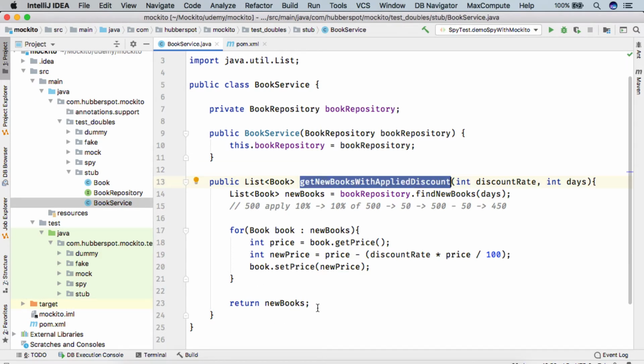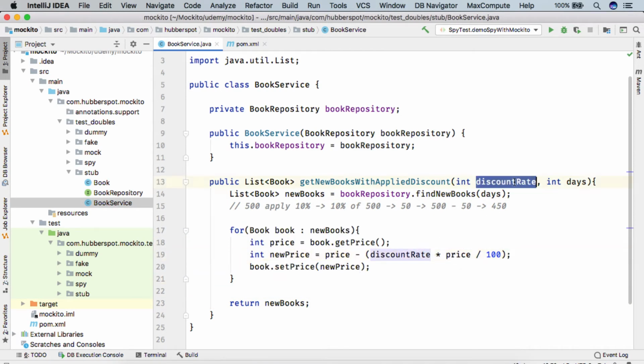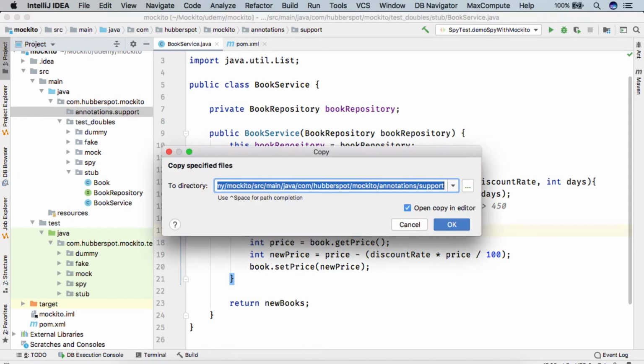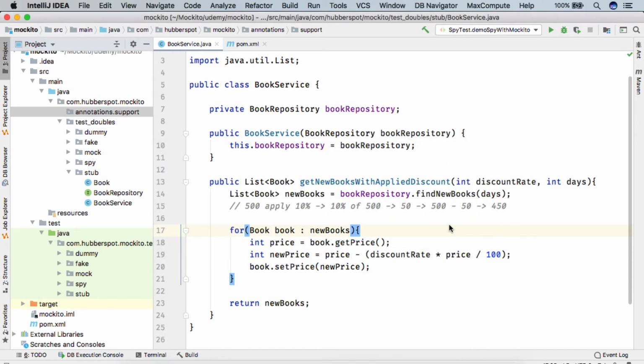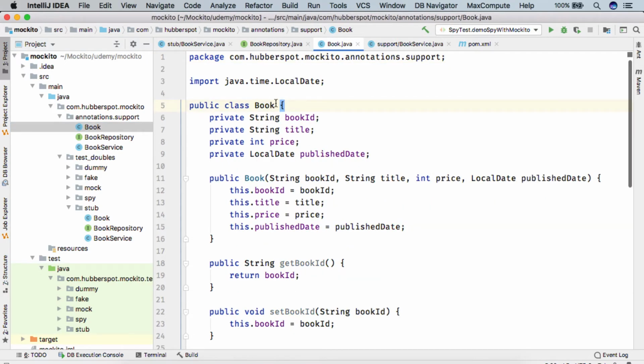This stuff we have already discussed in our previous lecture, how we can find the new books and then simply apply the discount rate which we have passed into this method. So here I will simply copy these three classes and paste them here. So we have one Book class,